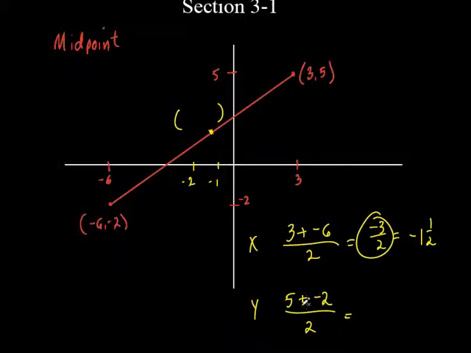So what's this y part going to be? 5 plus negative 2 is what? 3. Positive 2. So look at this. You went negative 1.5 and you did what? You went up 1.5, didn't you? So that's a 1 here. That's probably like a 2 around in here, and that's halfway. Do you see that? So we went negative 1.5 and we went up 1.5, and that puts us right there,